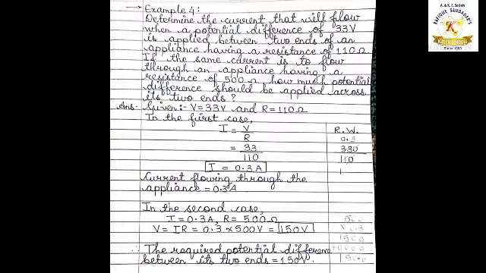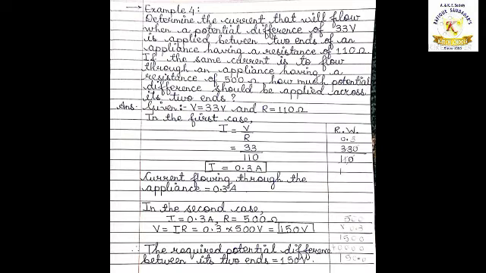Then 0 gets cancelled, and 11 ones are 11, 11 threes are 33. So write 3. So what answer comes? It comes as 0.3. So what is 0.3? It is the current, that is I is equal to 0.3 ampere. So the first case is solved. The current flowing through the appliance is 0.3 ampere, where the potential difference was 33 volts and resistance was given